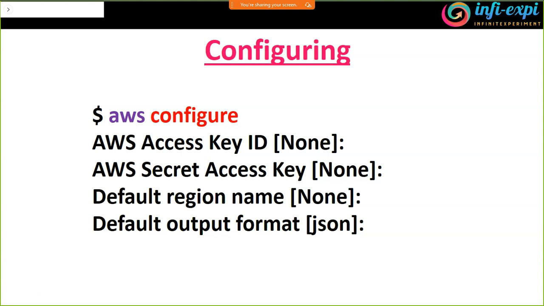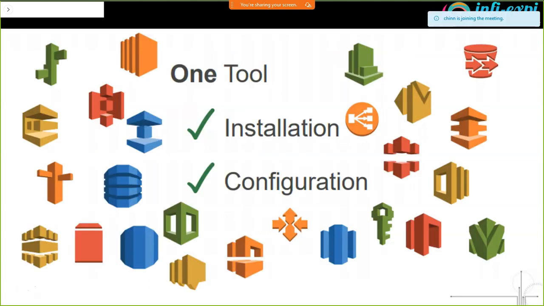Do you want the response in the form of JSON? You can mention that. Or in the form of text? You can mention that. Or in the form of a table? You can mention that. So there are three standard output formats. We'll see that shortly. Now, one CLI tool is eligible to do all the installations and configurations for all